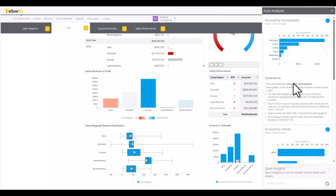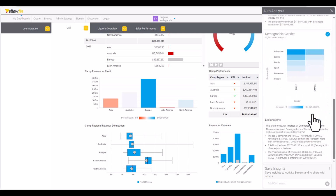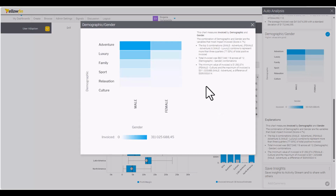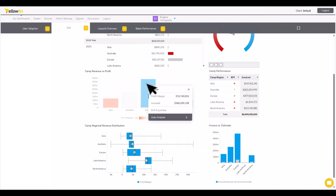You will see that Yellowfin has generated this output just by exploring the Europe data set further. It has automatically generated the charts to explain this data set more, and you can click into it to further look into the details of this chart that it has produced. And the other way you will be able to explore this is using the compare feature,